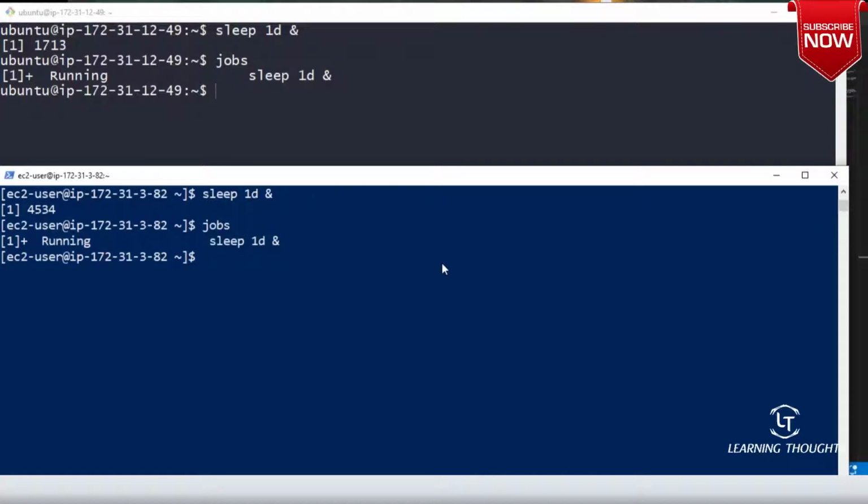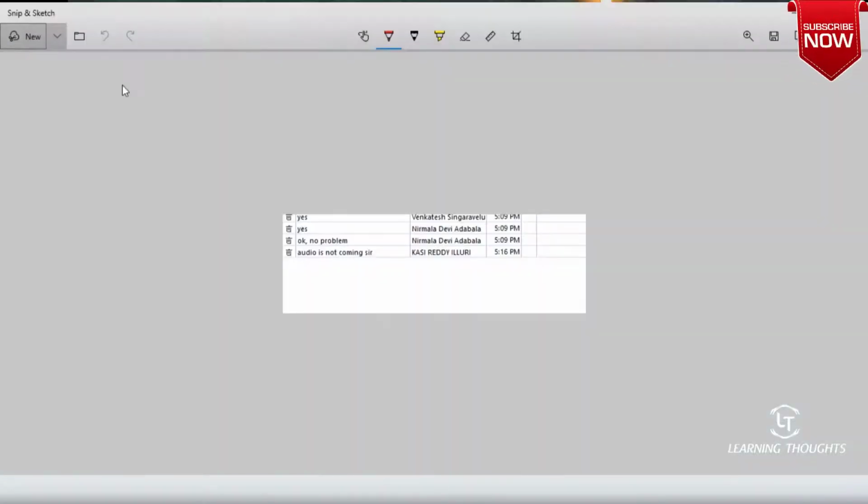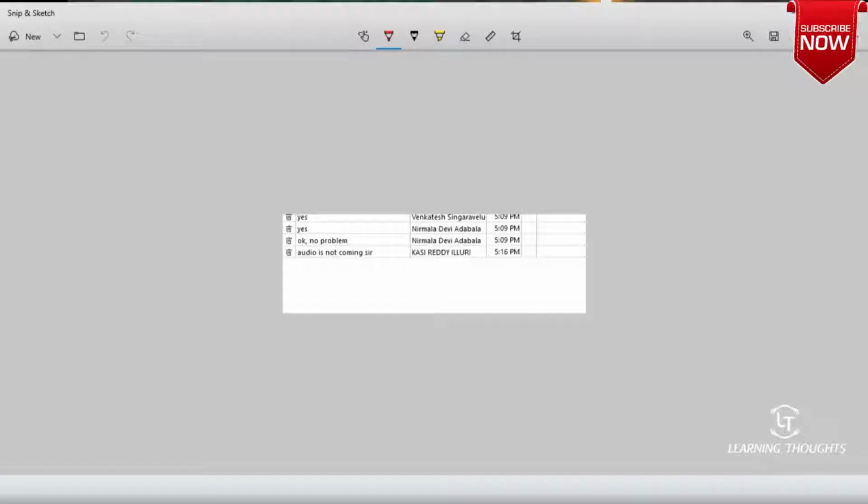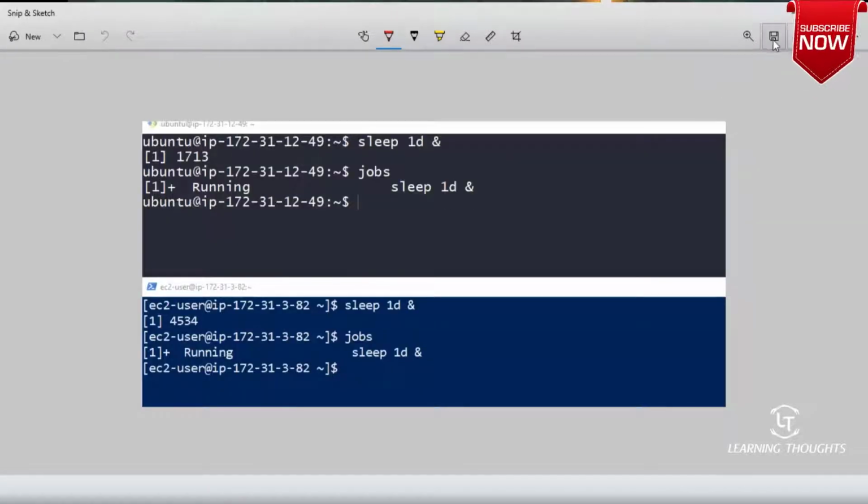Am I clear on this? Now, basically, whenever you want to do any command, bring it into the foreground. Okay, so what is that you can do? First, let me put a screenshot of this. So this is how you create a background job.